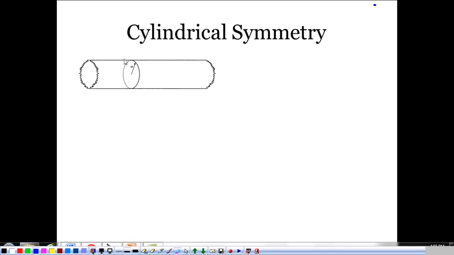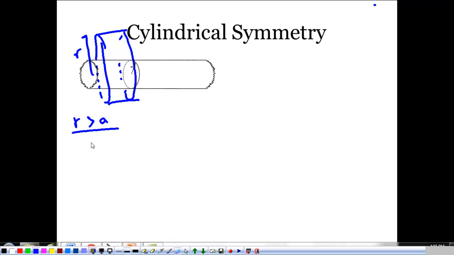So, with this cylindrical symmetry, we're doing two things. One of them is looking at the electric field outside. So we'll do that here real quick, a distance of r away. So in the case where r is greater than a, given rho for this entire thing,